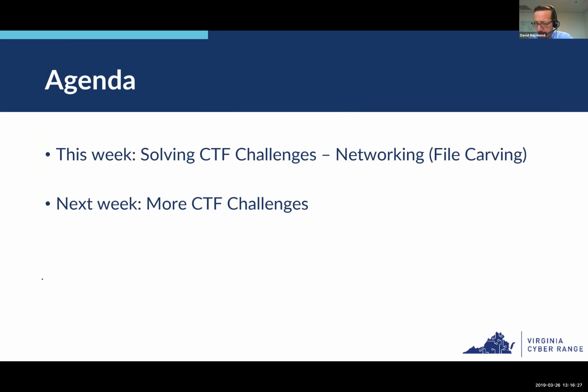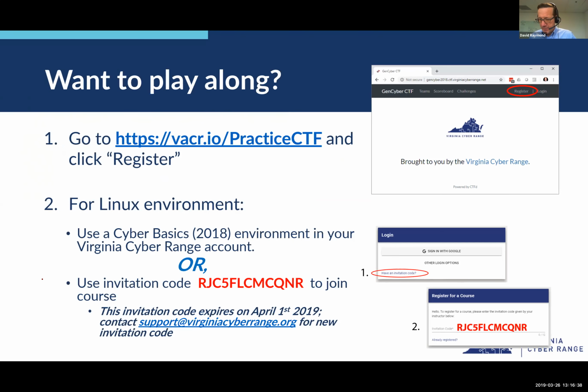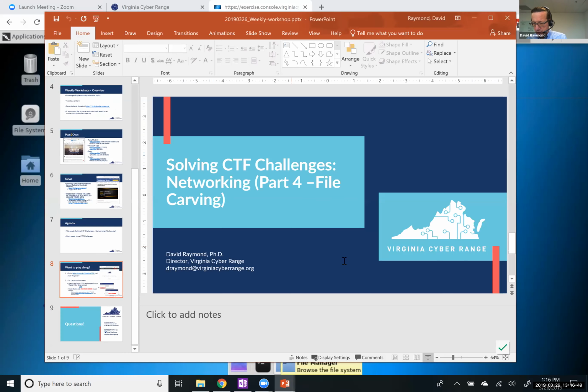Okay, today we're going to talk about more networking CTF challenges, and then next week we will delve into something else. I think web. I think we'll be doing web challenges next. All right, snapshot this if you want to play along, if you didn't do it before. And now I'm going to,